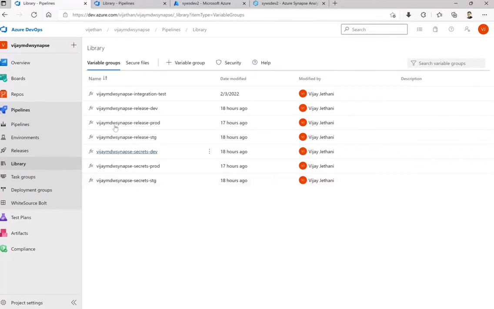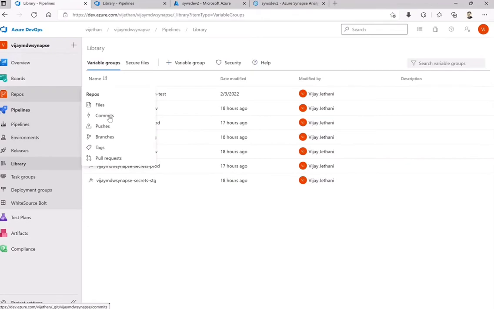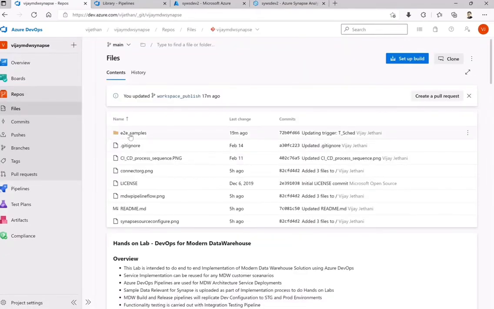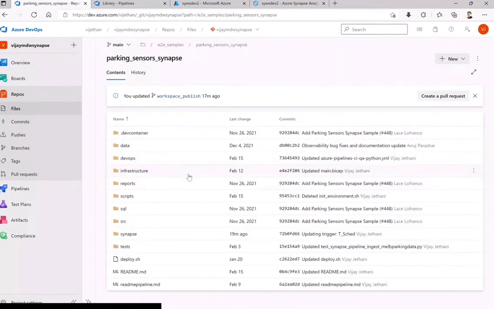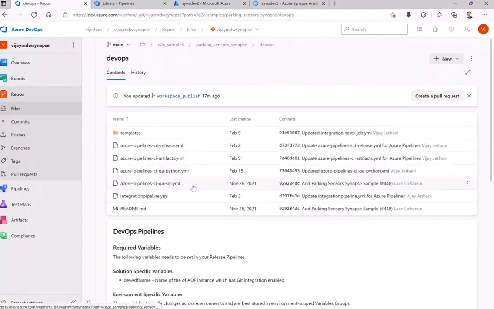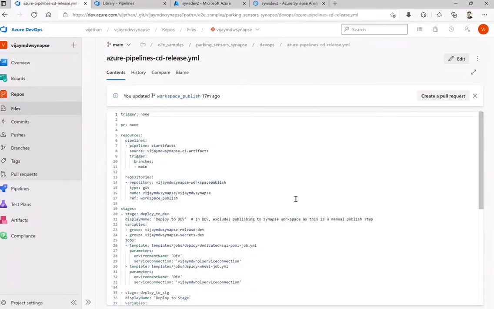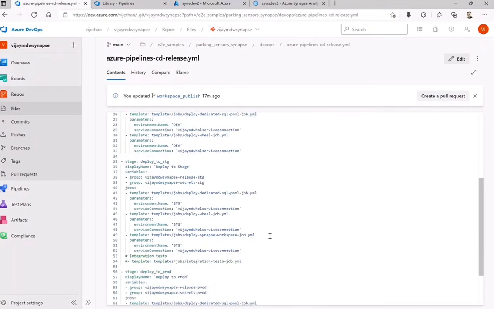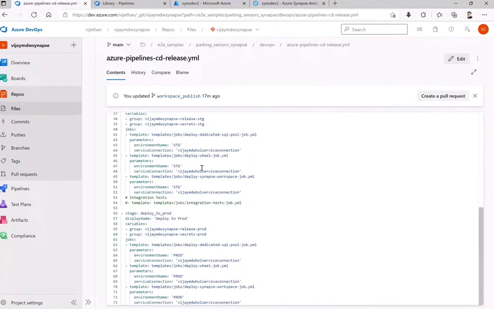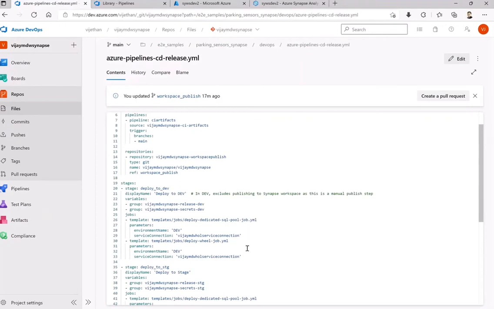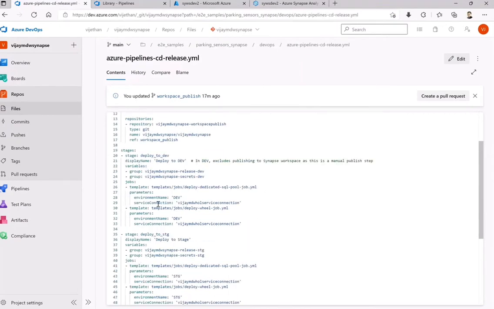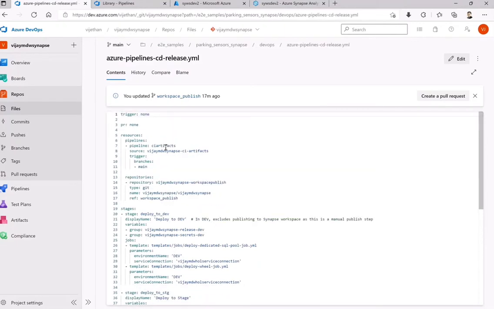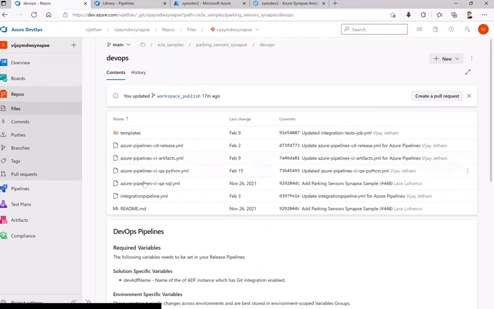And on top of this, I will show you the jobs while it runs. Okay, so if you see that release pipeline, it is actually referring to respective jobs. So that makes it easy, or I would say modular, what we are trying to do here. Each of those are using respective YAML files. And while we use the YAML files, you can specifically go to those templates.